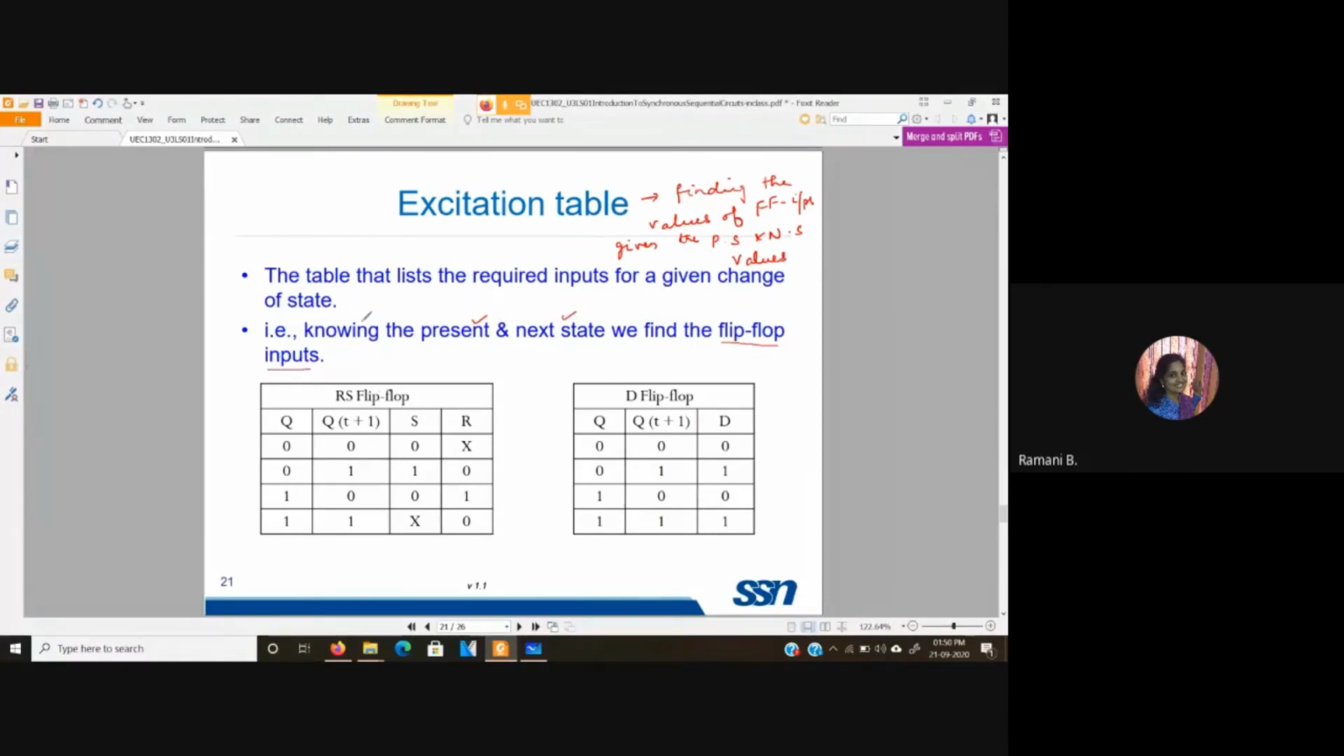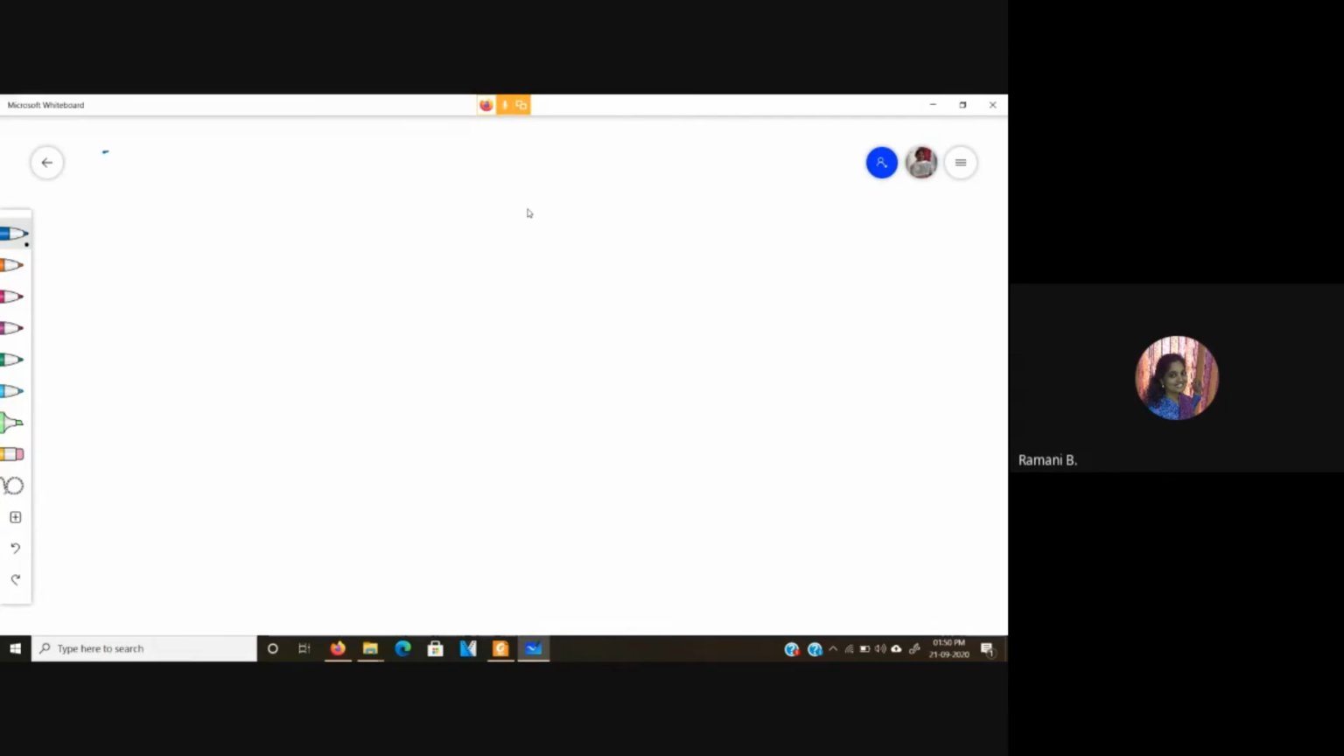We often use these tables when we design any sequential circuit, that is, with respect to counters and all those things, we will be seeing this. Let us just see that. So with respect to the characteristic table for the SR flip-flop,